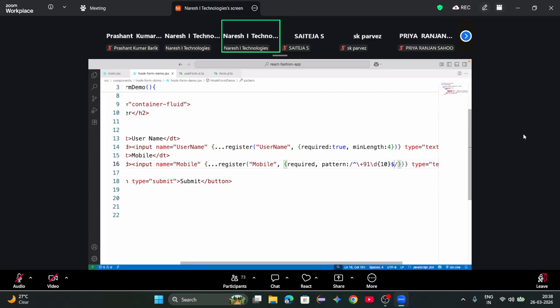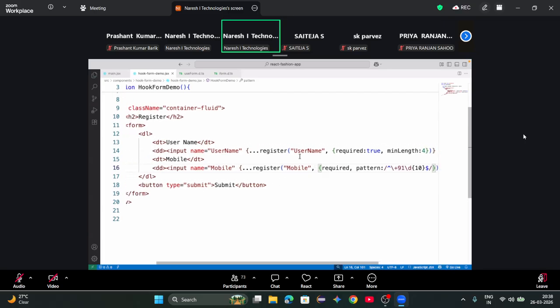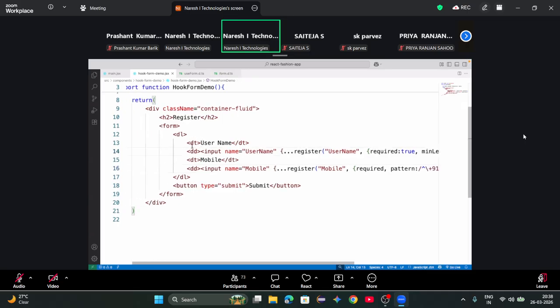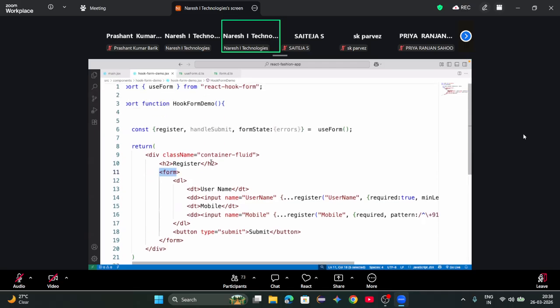Whatever validations you need to configure, and we need to spread them like this. Okay, this is fine. We have the field names and all. Now when the form is submitted, we have to collect the data and use the data. That means this